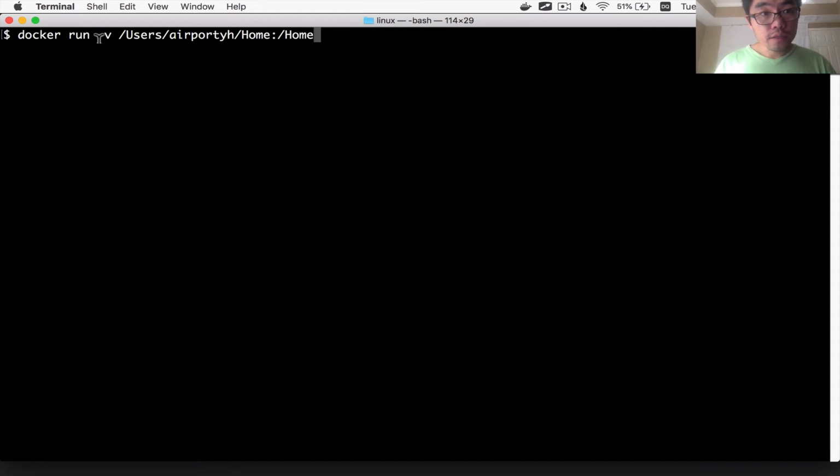So with this, the container will have a /home directory, which maps to, it's like identical to my folder structure on my Mac in this directory here. And then I'm gonna use the -it flag, which just means run it interactively, so I can access that container using a terminal.